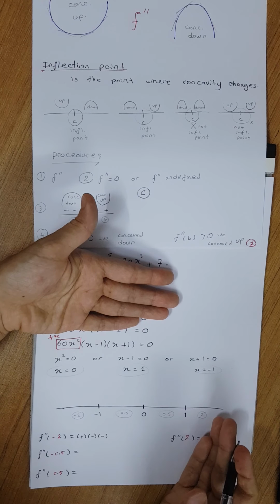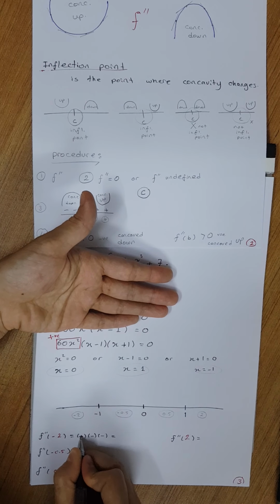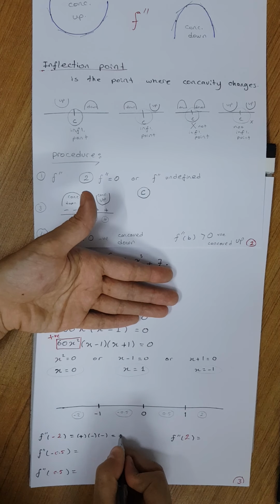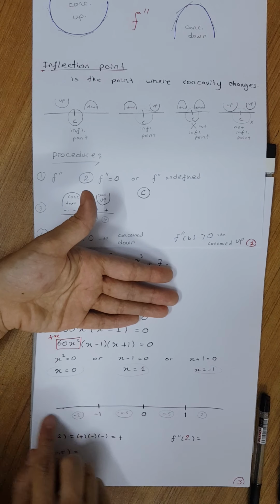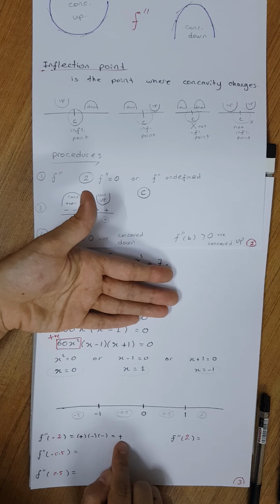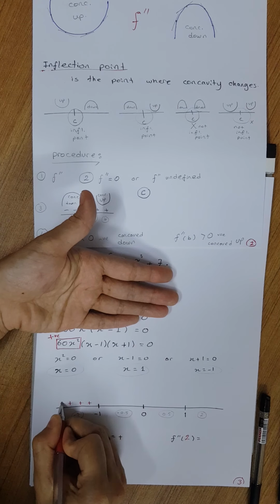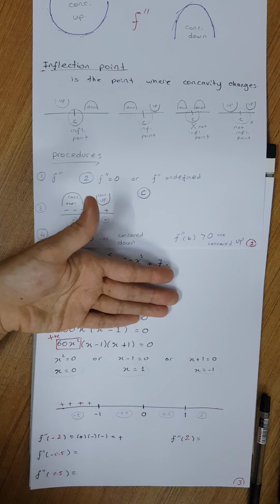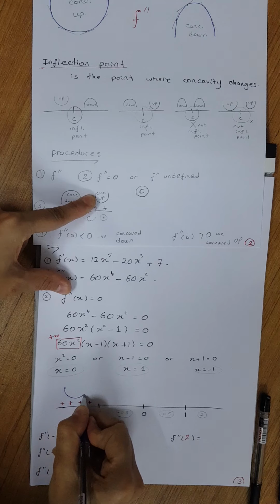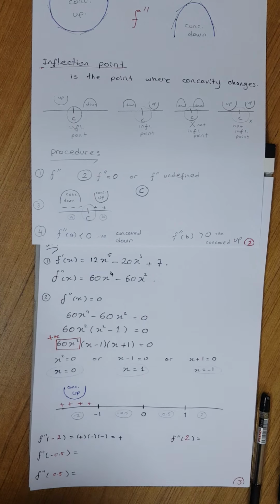I don't care about the value. Again, I just care about the sign of the function. Okay? So I have got positive multiplied to negative, multiplied to negative, negative, negative is positive, positive multiplied to this one is positive. So in that interval, when I put negative 2 in the second derivative of the function, what did I get? I got positive numbers. Since it's a positive number, here in that interval, whatever I have got is positive. What does positive mean? As we said, if it is positive, that means the function is concave up. So here the function is concave up. Next, we are putting minus